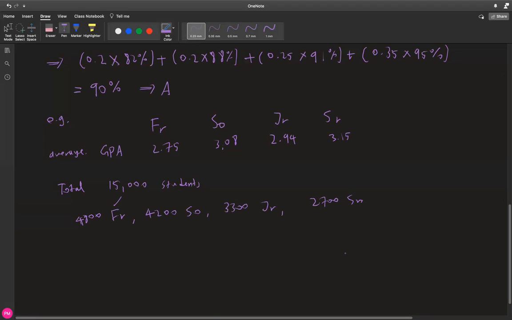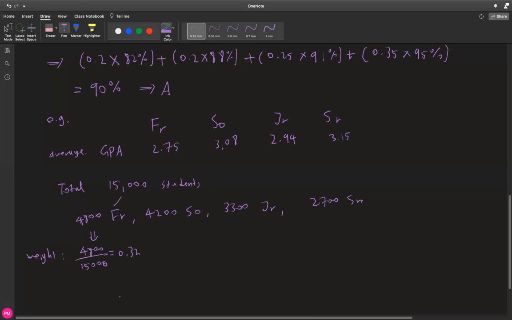So the weight we can simply find by the ratio of each class. In this case, the weight for freshman is simply 4,800 divided by 15,000, and that is 0.32.